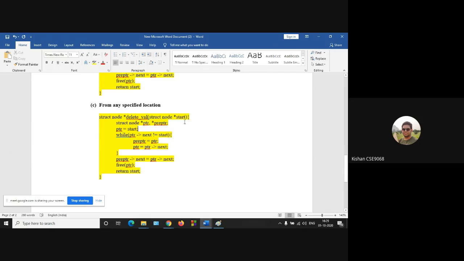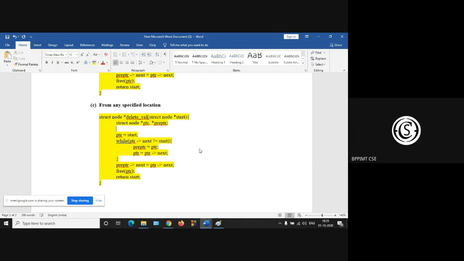First you have to use the printf, enter the value after which we want deletion.